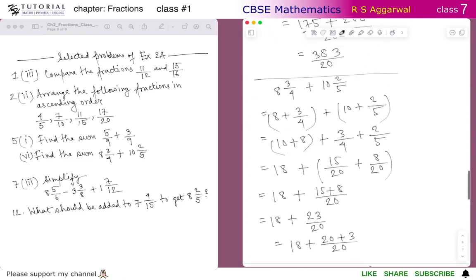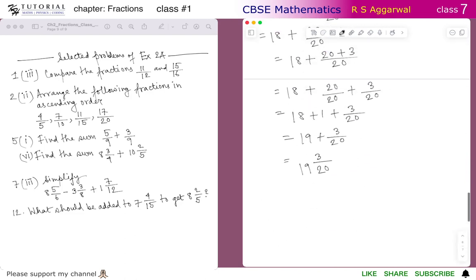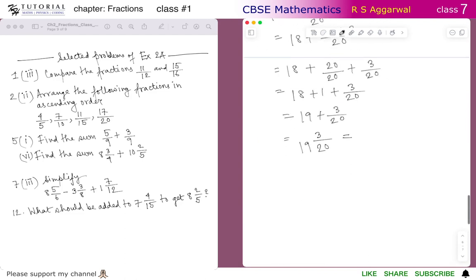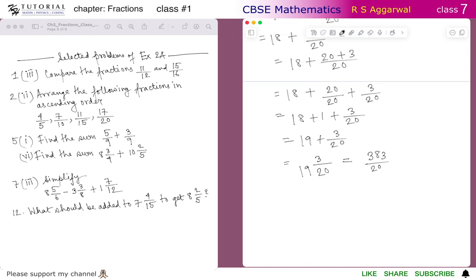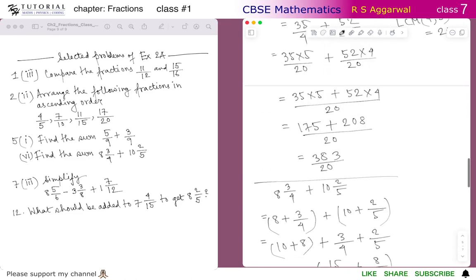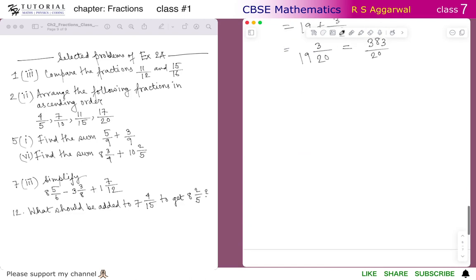Okay, so this should be equal to what we got earlier, 383 by 20. Should be. If it is not, then I might have done some mistakes. But I hope you have got the idea of how to add two mixed fractions. Okay. Now let's do